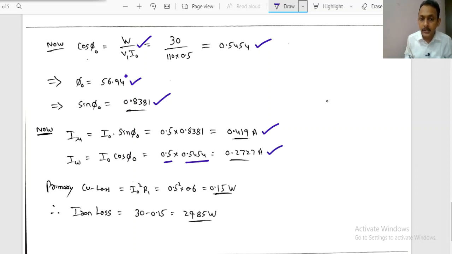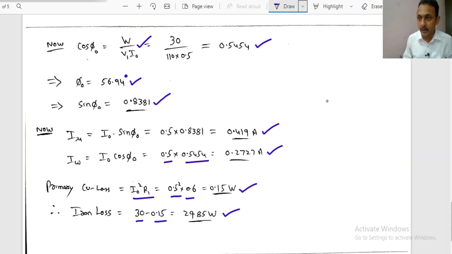Now what about copper losses? I naught square R1. Some small amount of copper losses will occur because of the no load current drawn by the primary, right? I naught square into R1 is simply 0.15 watt. But the wattmeter is giving you the total losses because there is no load. With the help of the wattmeter reading, we can get the iron loss equals wattmeter reading minus primary copper loss. So 30 minus 0.15 will give you 29.85 watts for the iron losses,